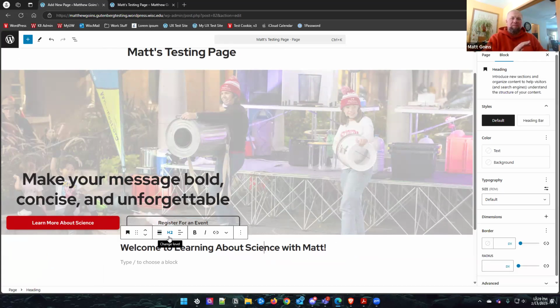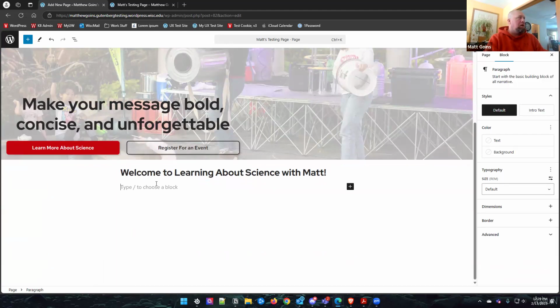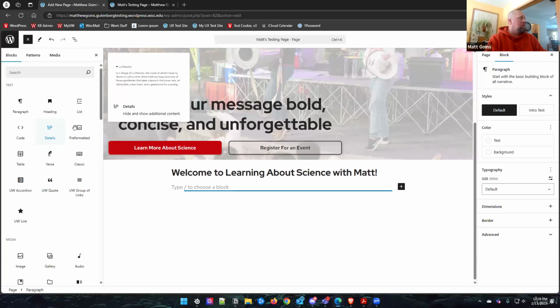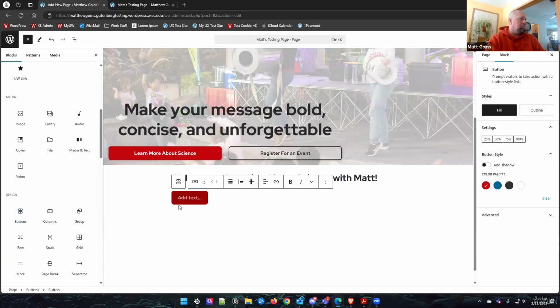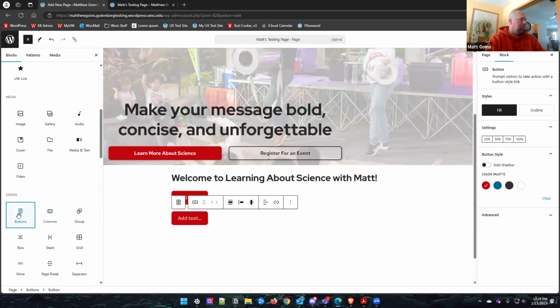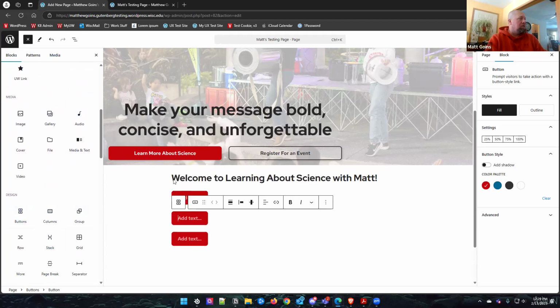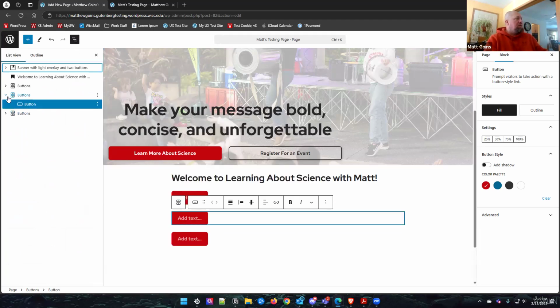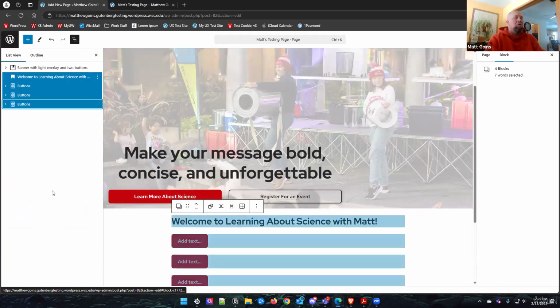One of the things about this welcome area is I kind of want to make it a little bit more styled. So what I can do is maybe below here, I might want to add, let's see, let's add a button. And then maybe another button next to it. Okay, and then now what I can do is I'm going to take these buttons and my welcome area,